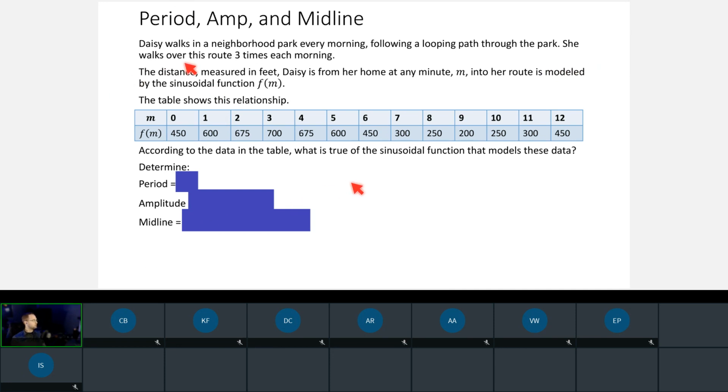She walks over this route 3 times each morning. The distance, measured in feet, Daisy is from her home at any minute m, and to her route is modeled by the sinusoidal function f of m. All right, this table shows that